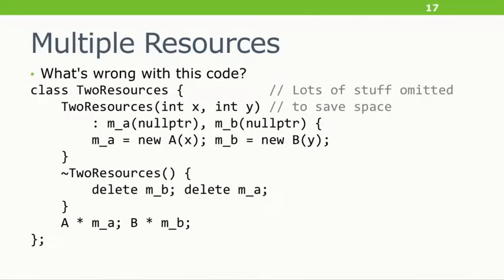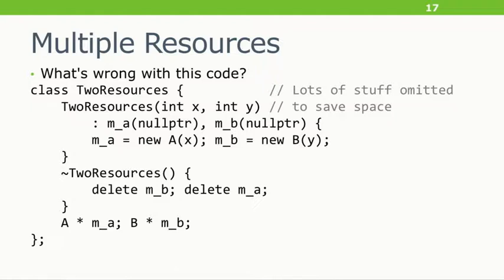OK, so now a more complicated example leading into a new feature. I've been, and actually several of the talks before me have just been hammering on this point. You should use destructors to manage resources. You should not have raw pointers, all that. So imagine a programmer says, OK, I'm going to manage my resources with a destructor, but I need two of them. OK, so I'll write a wrapper class.